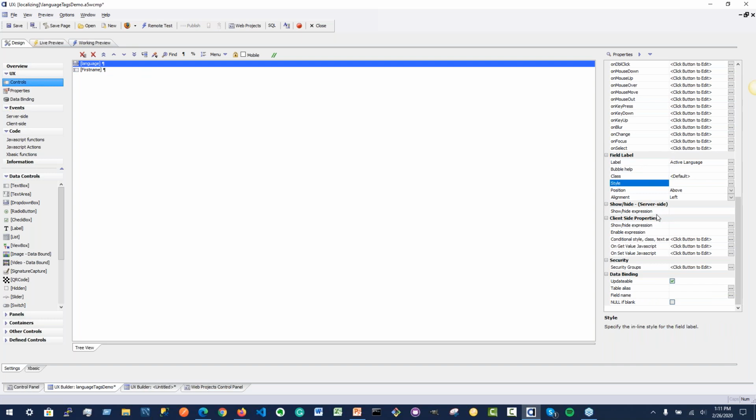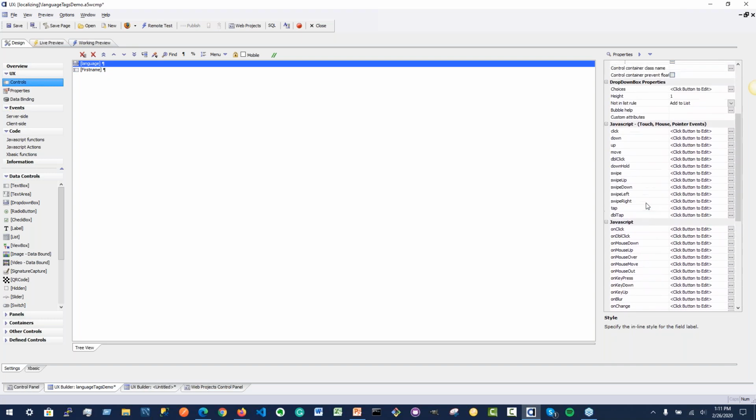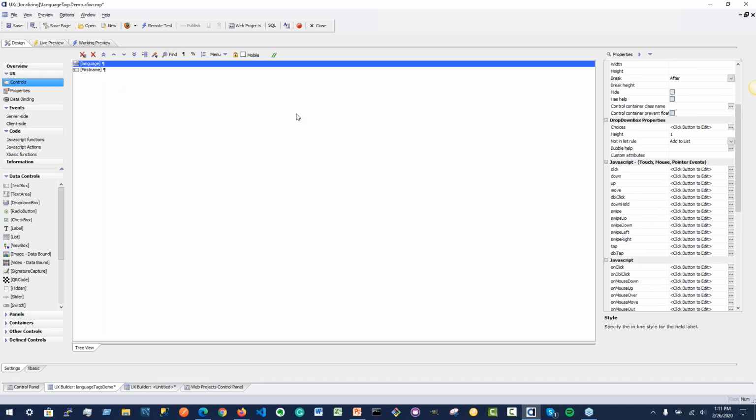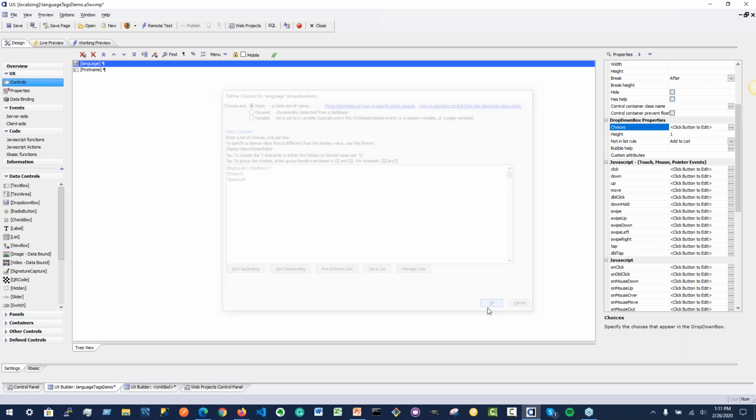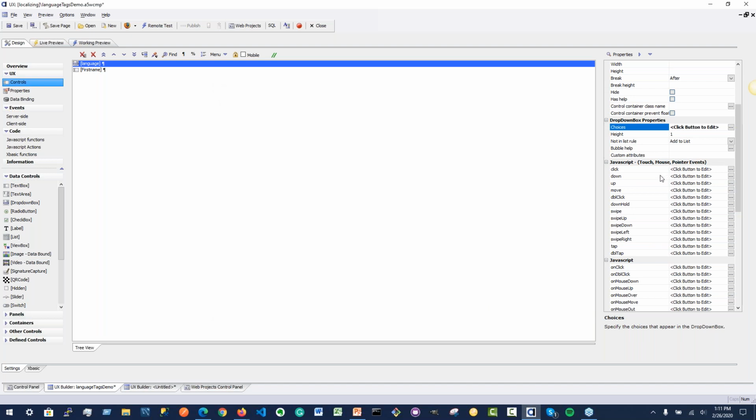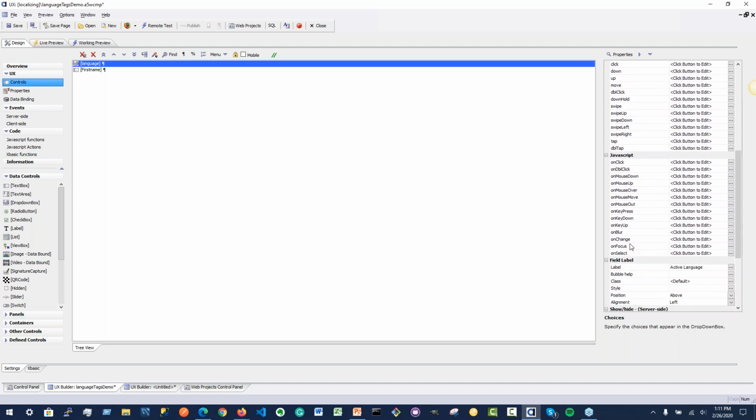And I'm going to make this a list of choices. There they are. I'm going to call this one default, or maybe English, French, and Spanish. And then when we change it,